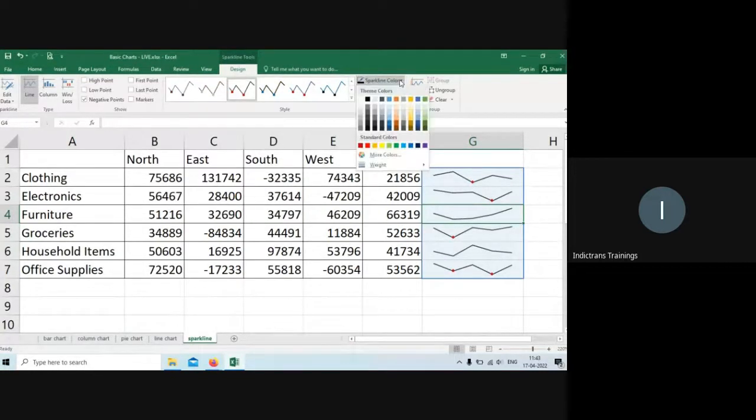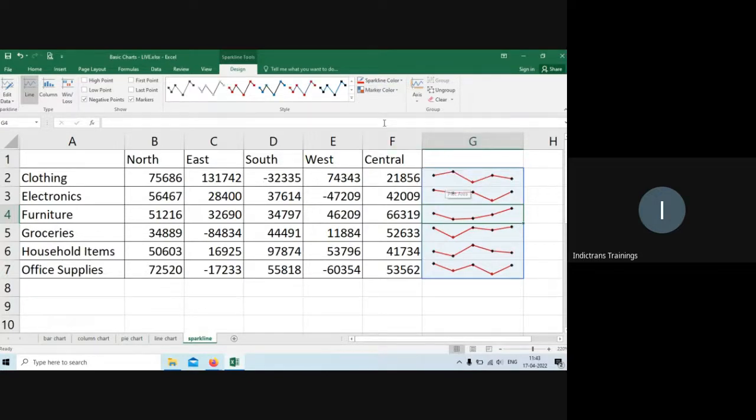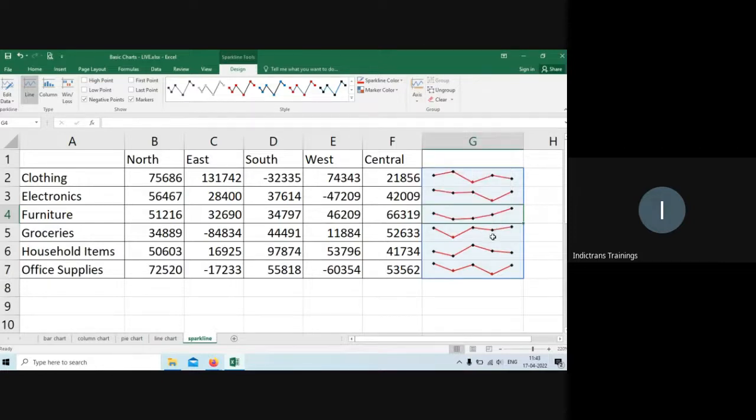You could also have different sparkline color. So maybe I want to do red. I could do that. You could also have marker color, which could be something like this. So negative, obviously, you still have a red color for that, and so on. And you can add some additional things. So it's a very neat